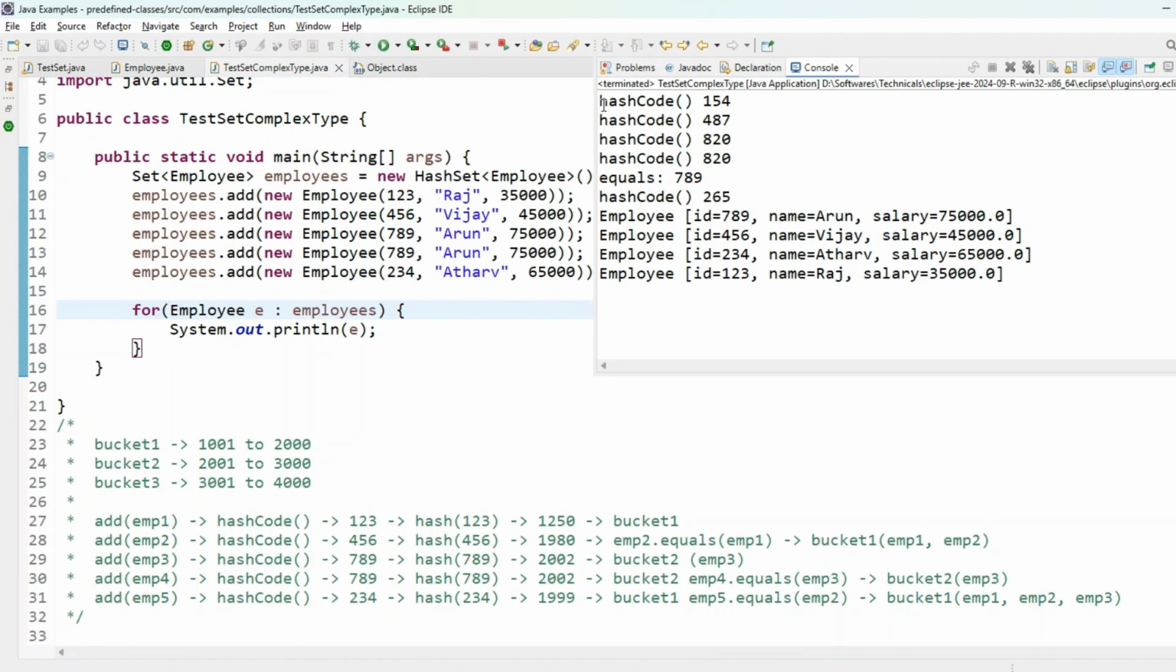Look at the hash code print statements are appearing. Hash code 154, 487, 820. That is probably when you added 789. See, two times we are getting 820. That is the hash code we are getting from the object's hash method, and look at the equals method is called only once because